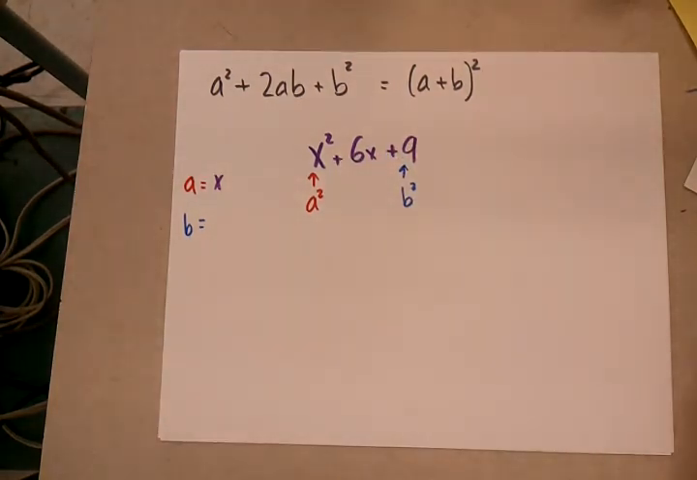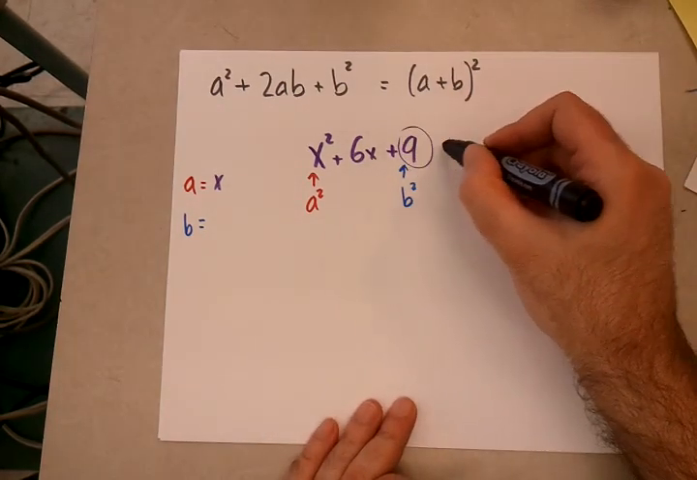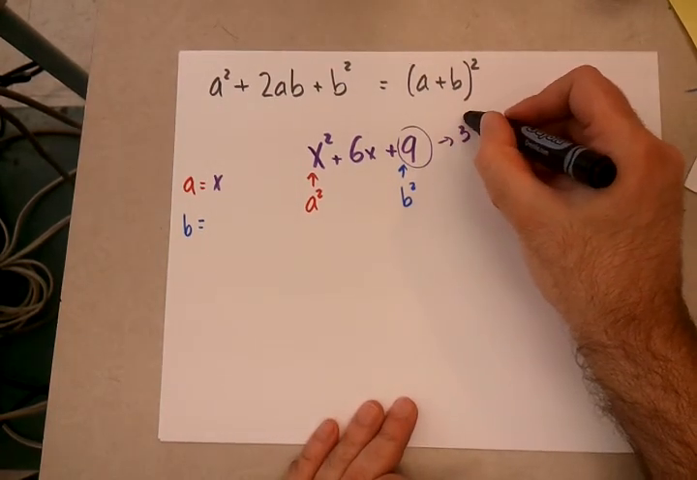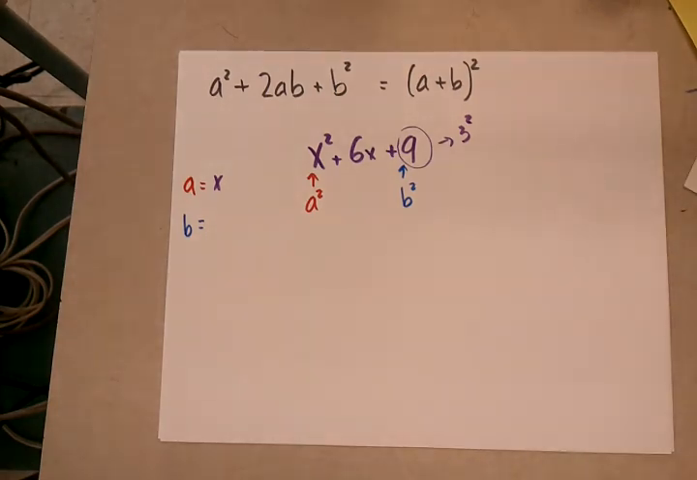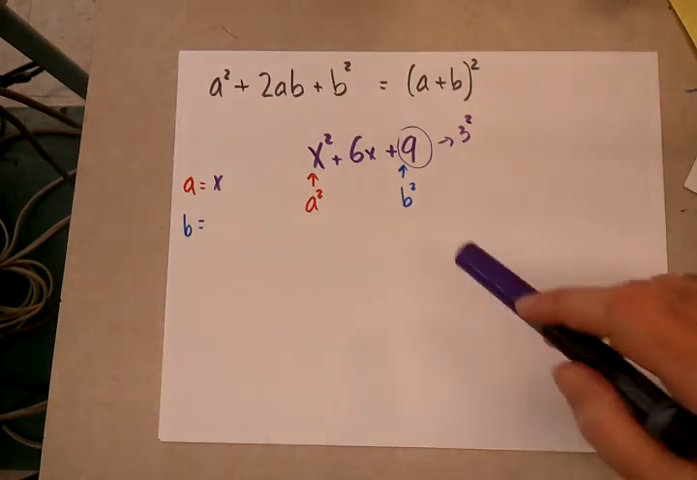With the 9, don't forget that you can rewrite this 9 as a 3 squared. 3 squared is a 9. So if B squared